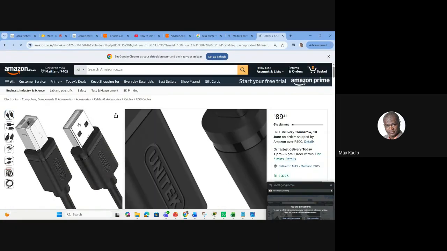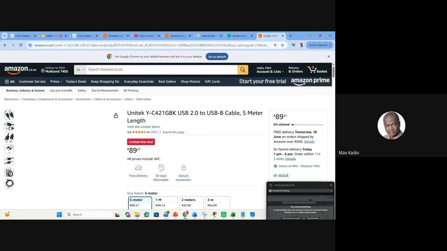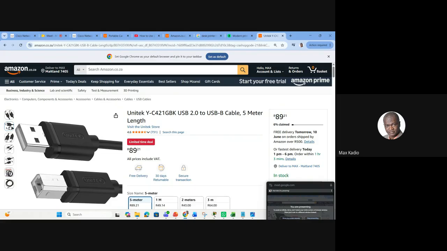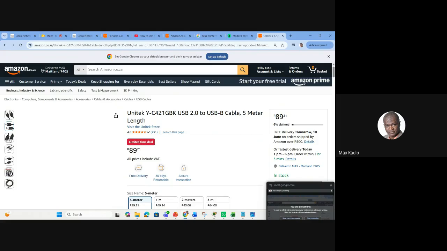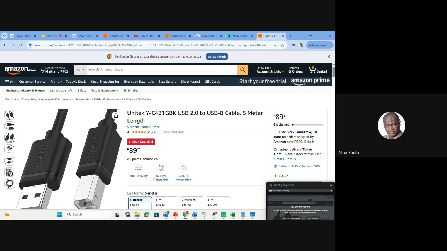You plug the USB into your PC, and the other end goes into the printer.